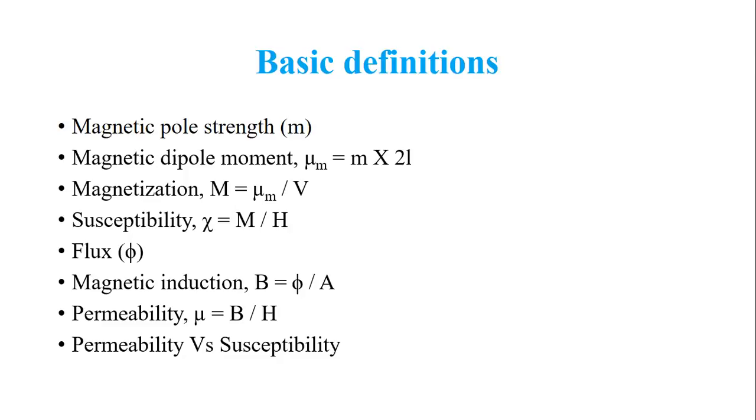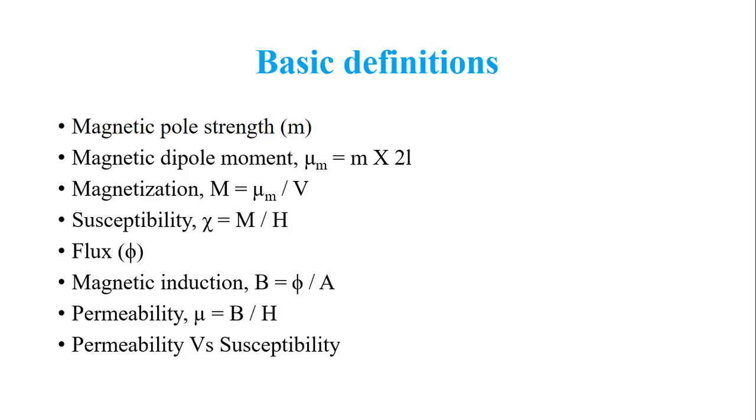Now you go for second example. The permeability is high, at the same time susceptibility is also high. So what happens now? Because of high permeability, the material permits larger number of magnetic lines of force to penetrate it. And these large number of magnetic lines of force magnetize the specimen with a great ease because the susceptibility is also high. So that is the basic difference between permeability and susceptibility.